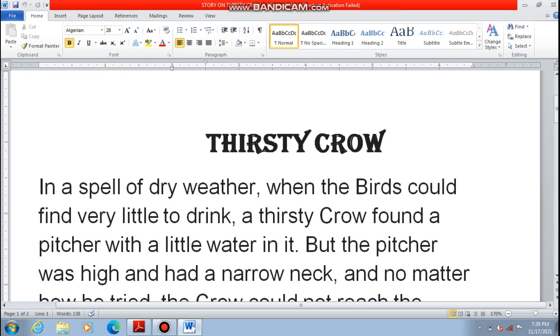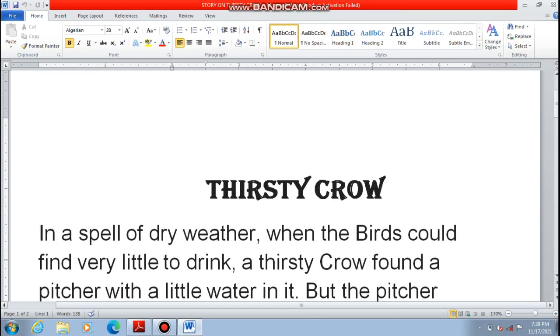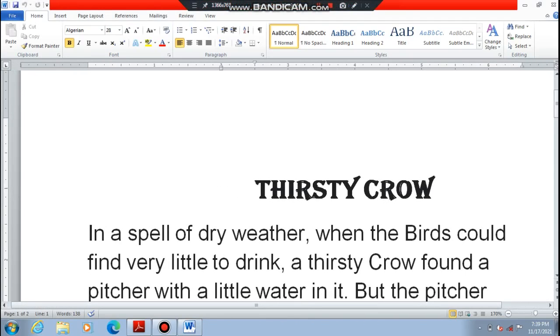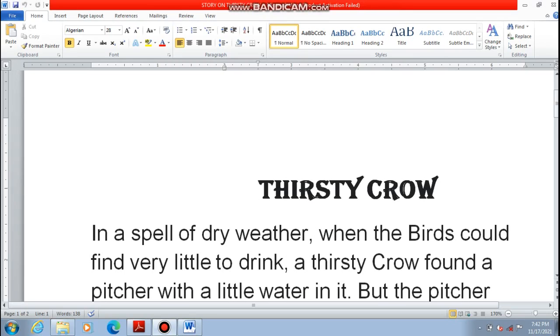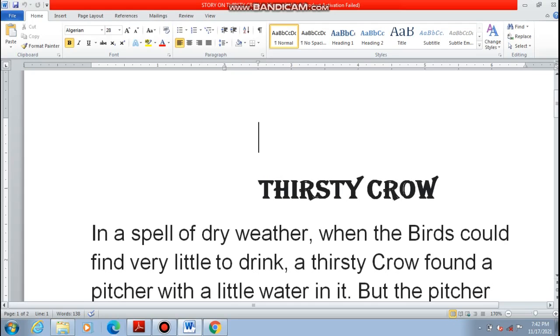Another scroll bar is over here, in which you can move the document right and left. So this is the scroll bar that is used for scrolling the document up and down and left and right.